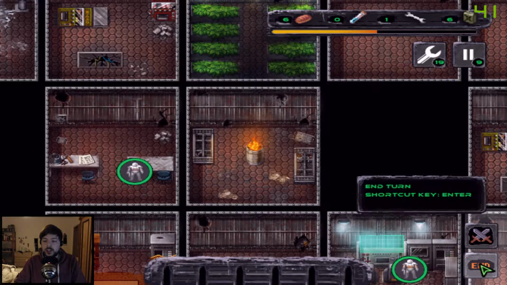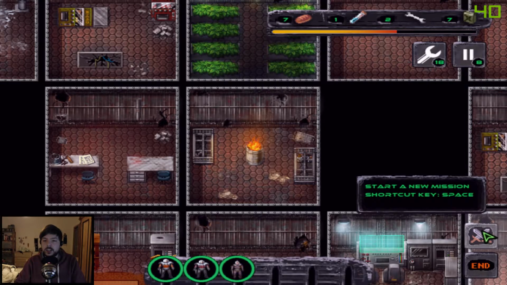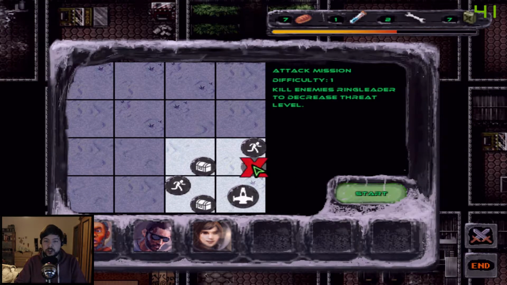So yeah, that sounds good. And maybe we go on a mission next turn. Yeah, we probably should do that. We have to go to some mission. So let's go to some attack mission. We only have 1 available, to decrease the threat level, because it's getting fairly high, and I don't think we